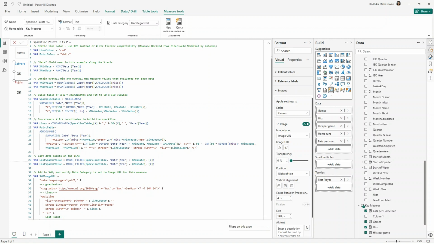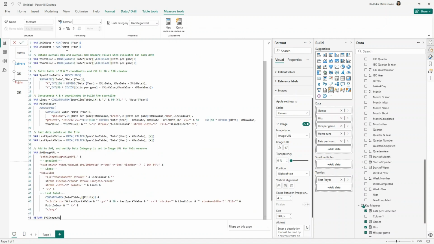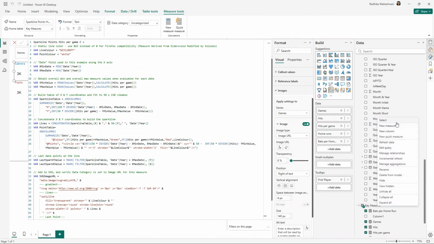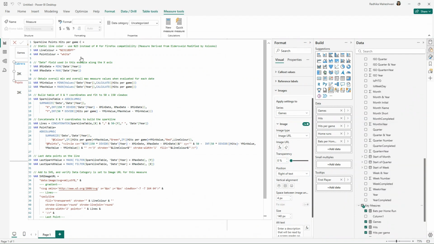Similarly, I'm going to make one for hits per game and create a new measure. This is for hits per game, and then another measure for hits per game but for P. And again, the only difference is this line color, which is red.